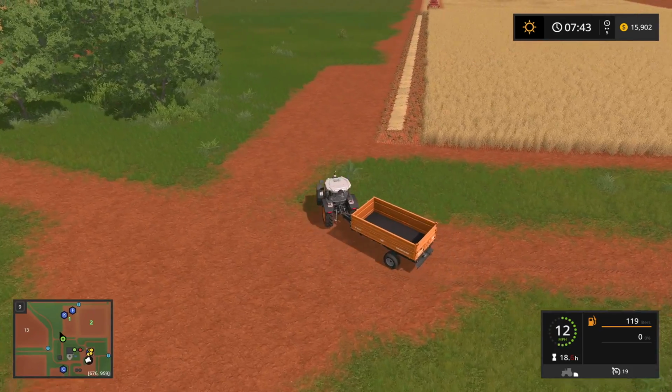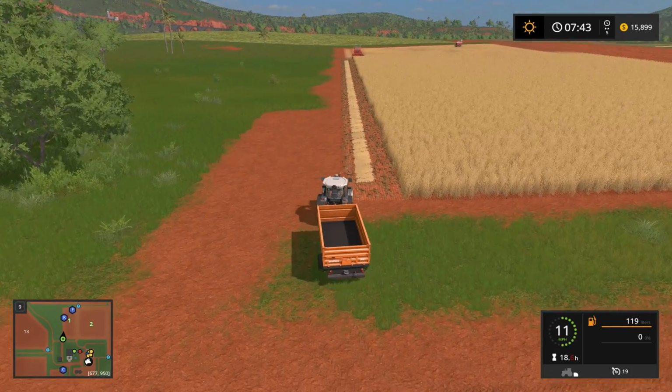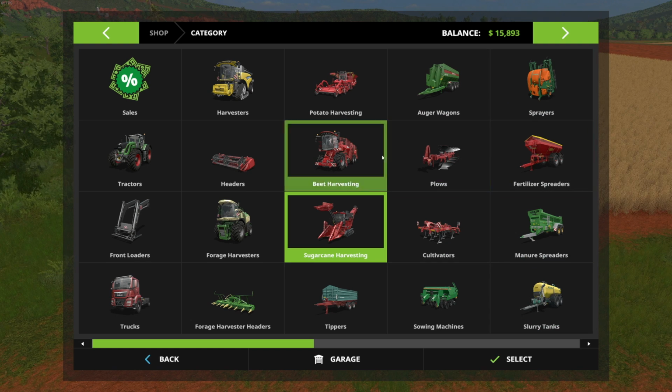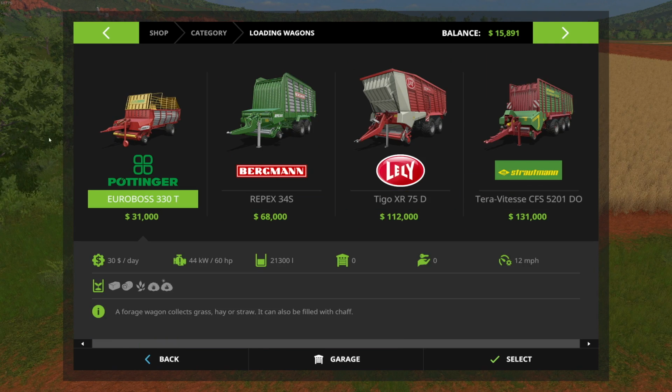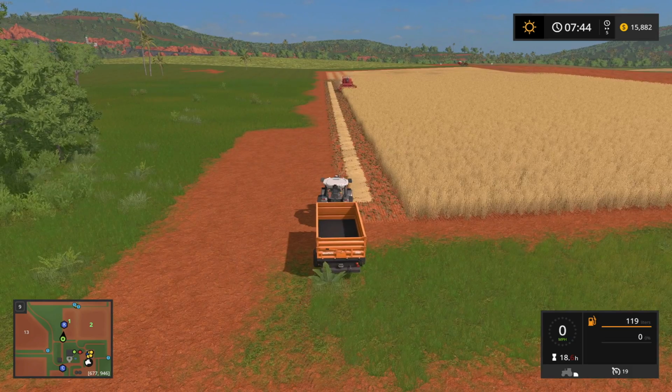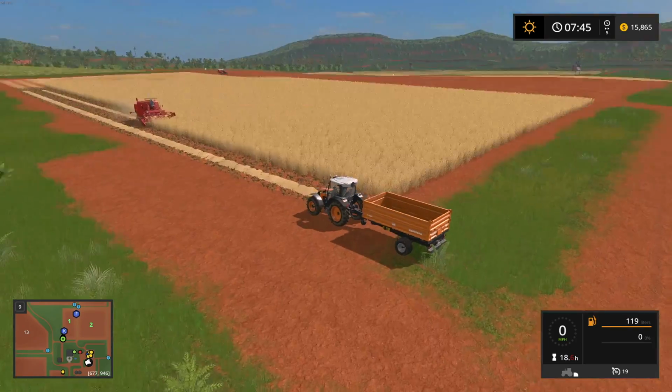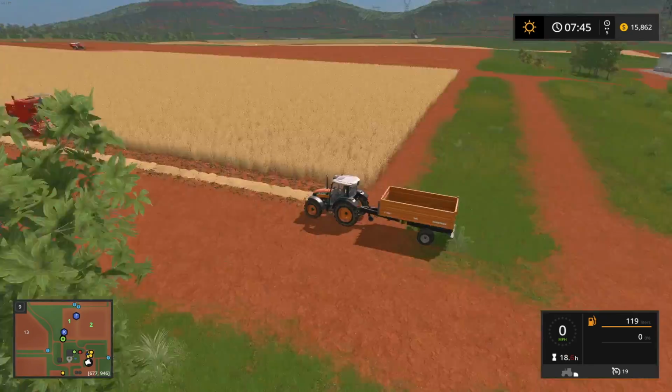And I thought about buying... Let's see here. Where are the forage or loading wagons? I thought about buying one of the Pöttinger Eurobosses just to pick up all the extra straw, but we don't really need the straw right now. And for the amount of money that we're going to pay for that, I don't think that we're going to recoup that value back, especially not in the short term. What we can do, however,